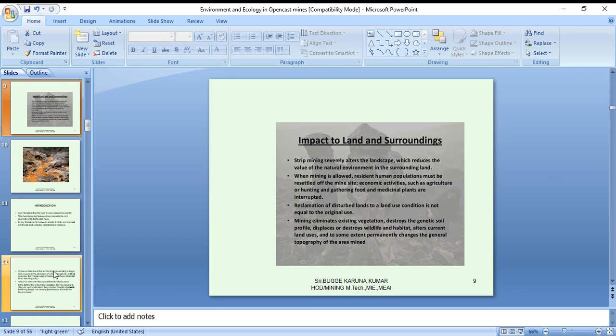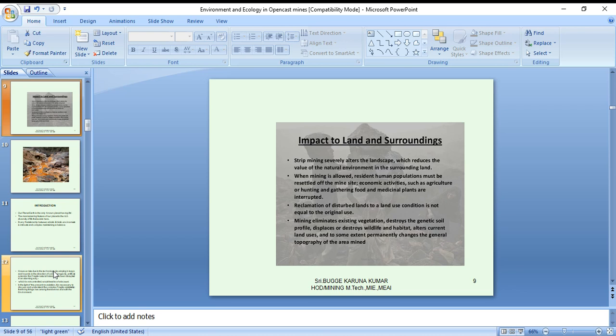When the mining is allowed, resident human population must be restricted from the mine site. Economic activities such as agriculture or hunting and gathering food and medicinal plants are interrupted. Reclamation of disturbed land to land use condition is not equal to the original use.